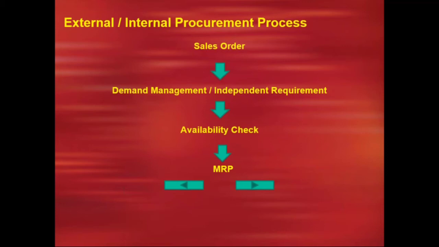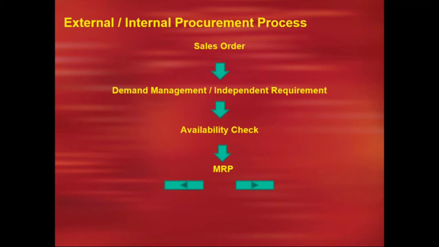Then the word comes: MRP. In this context, MRP is not called a maximum retail price. We're supposed to call it material requirement planning. MRP stands for material requirement planning. So this MRP decides what type of planning the company has to go for.